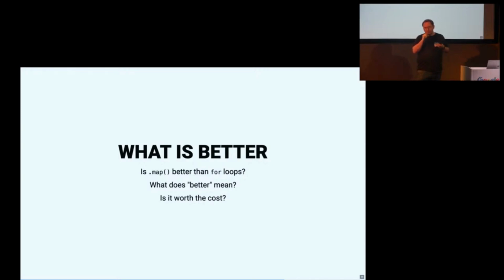In what way better? Is it worth the cost? Because if it is better in some way, for example, one might argue that it's good to have immutable code, it's good to have maybe more readable code for some definitions of readable, and also maybe some tools or libraries are easier to use using the functional style, but it is not free. It has some cost. In terms of, for example, memory usage in this example, and this cost can be non-trivial